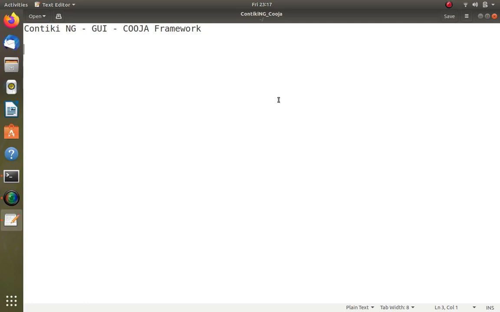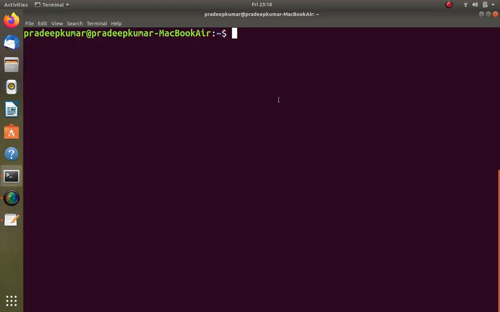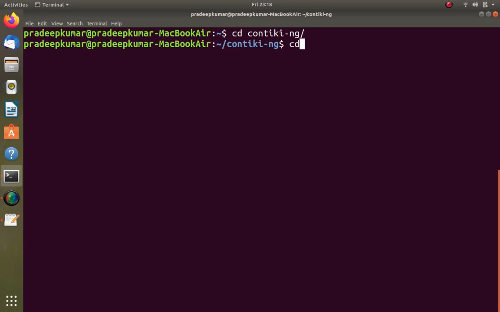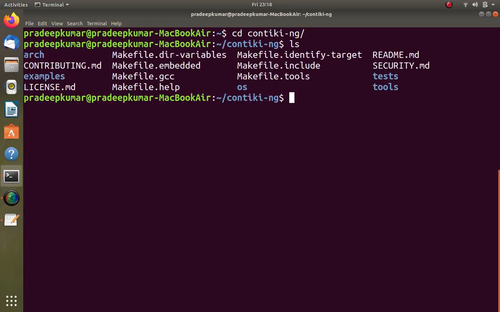Now in this video we are going to see the Contiki-NG GUI, that is called the Cooja framework. The Cooja framework was developed for Contiki OS 2.7, but the same Cooja framework has been taken for Contiki next generation also. So when you want to deal with Contiki-NG, as I already showed you in a previous video on Contiki-NG introduction, that is in terminal